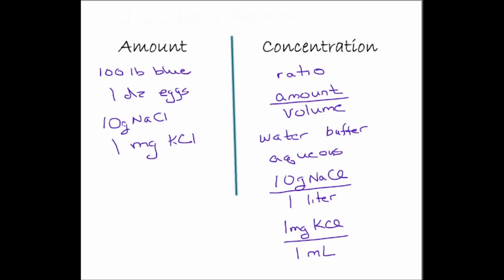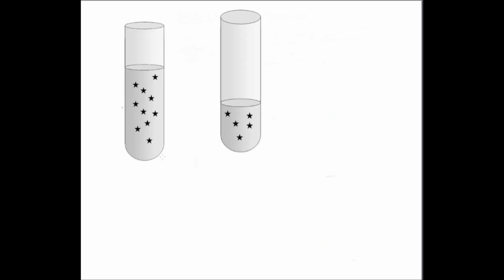Okay, so let's think about this a little bit more. Here we have 2 tubes, and let's suppose in this tube we have 10 mils of water, and here we have 5 mils of water. And in this water there are some stars. Now let's suppose the stars represent, I don't know, grams, milligrams, micrograms. For right now we don't care what they are. So we have 10 stars. You count them, there are 10 stars